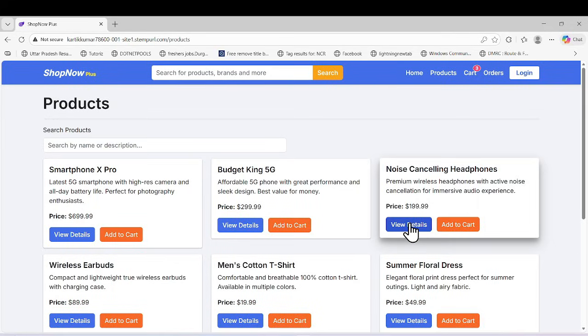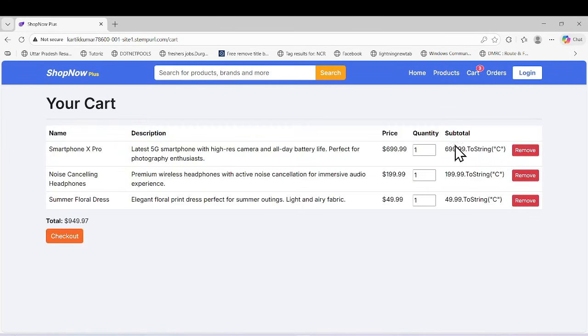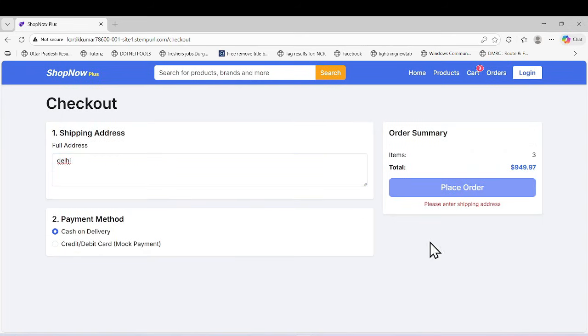And if you want to see the view details, once you click view details, I'm able to see the details as well. So now go to the cart section. Whatever items I just added, I can see. If I want to delete, I can delete it. Even if I want to order it, simply I need to check out. And once I check out, I can add the shipment details, and I can just click on